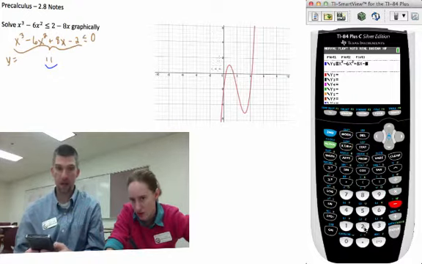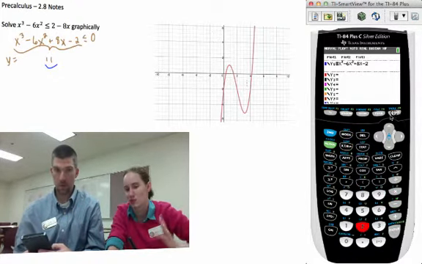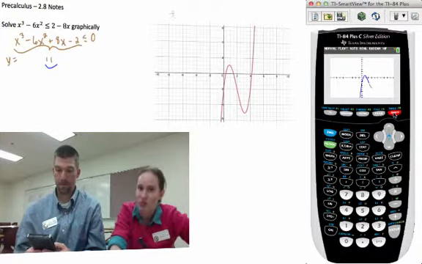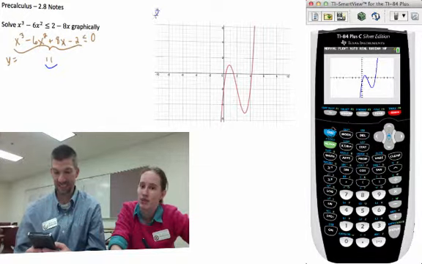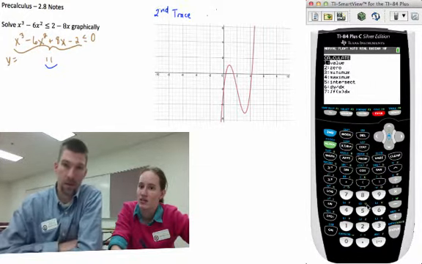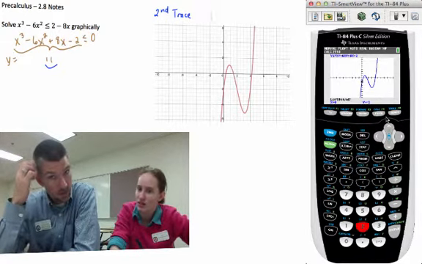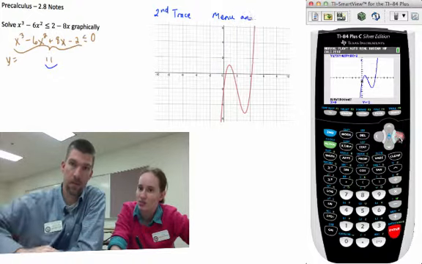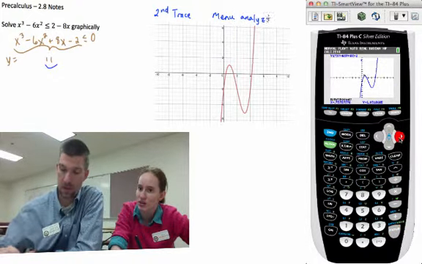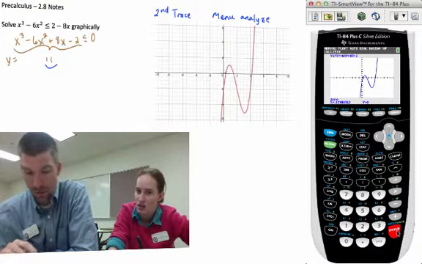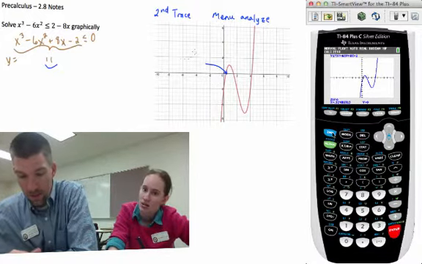You should end up with a graph that looks like this, but as I just whispered to Mr. Hazelwood, it looks to me like we're going to actually have to calculate these zeros the old-fashioned way on our calculator. Remember that for the TI-84, you go to second trace, and then zeros is an option, or on the TI-Nspire, Menu, Analyze. Either way, you should be able to come up with some zeros. Are you ready to go with the zeros? Ready. All right, so zero number 1 is